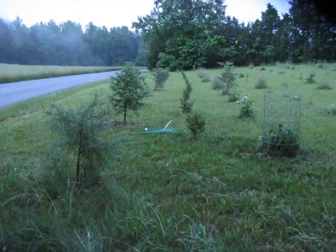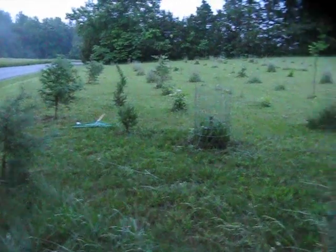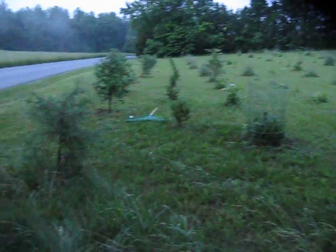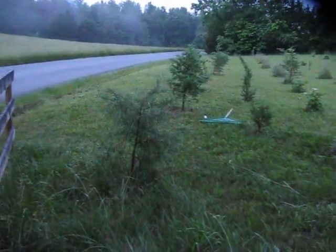Hey guys, check this out. It's 5:45 a.m. and I'm out here working on what my wife and I call our man-made forest. We call it that because we planted it. We didn't make the trees, of course, but